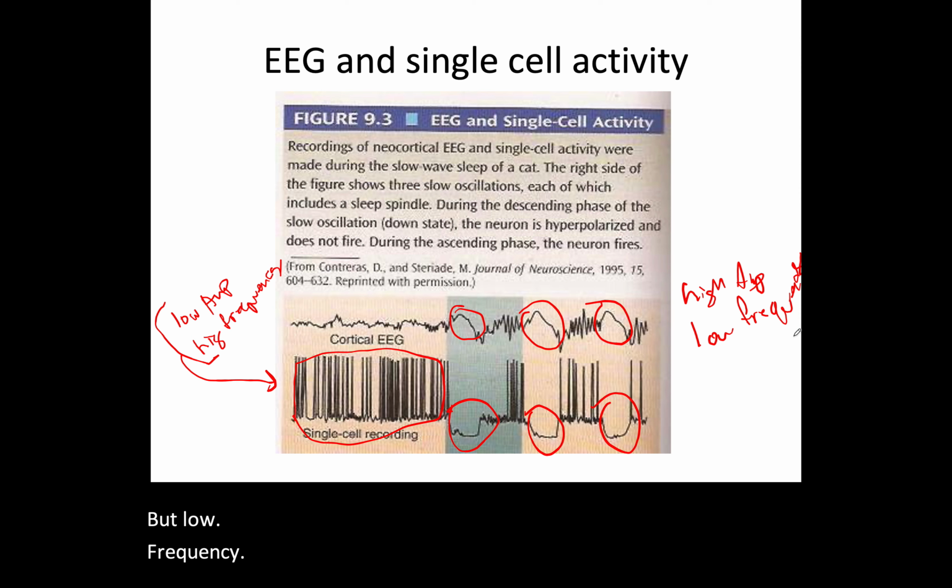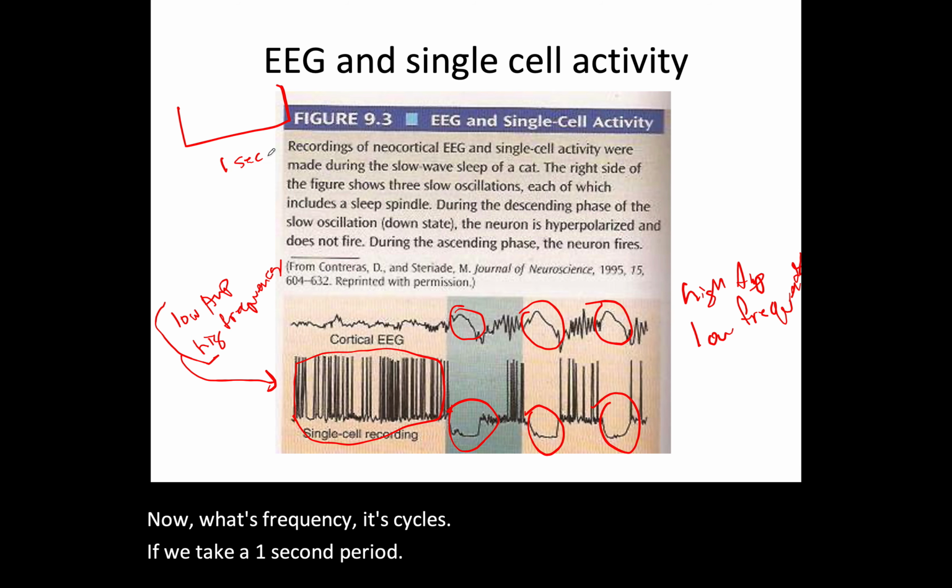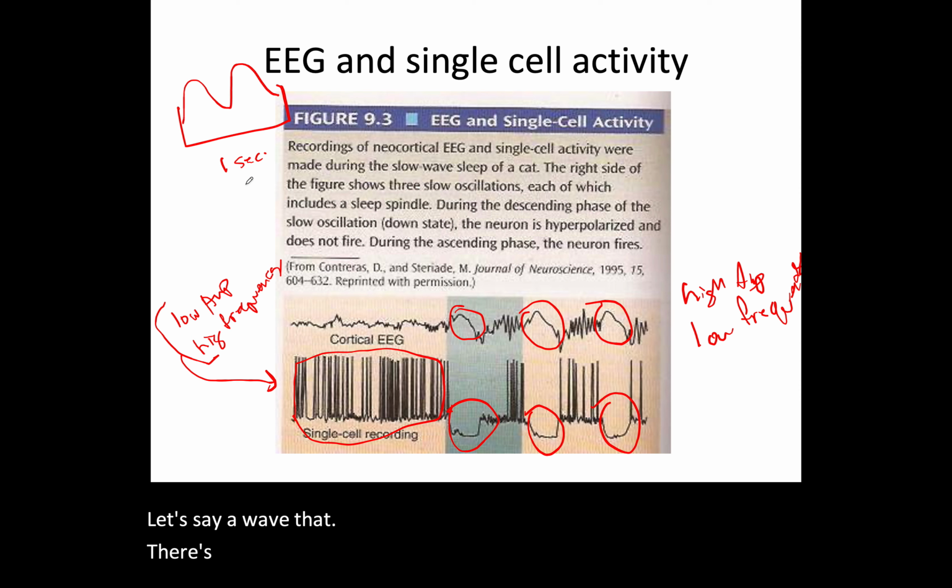Now, what's frequency? It's cycles. If we take a 1 second period and we have, let's say, a wave that does 2 cycles versus a higher frequency, okay? So when you look at EEG signal,